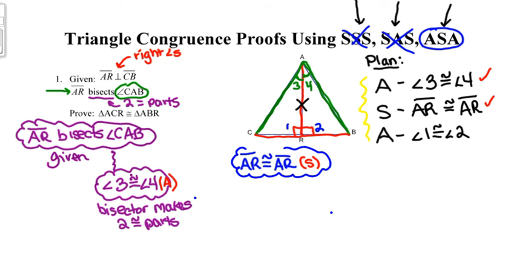And I know those segments are congruent to itself because of a property called the reflexive property. The reflexive property says any geometric shape is congruent to itself. So any line segment is congruent to itself, any angle is congruent to itself. That's kind of intuitive. And then lastly, before I can conclude that these triangles are congruent, I need to talk